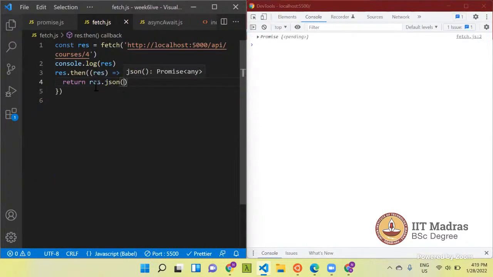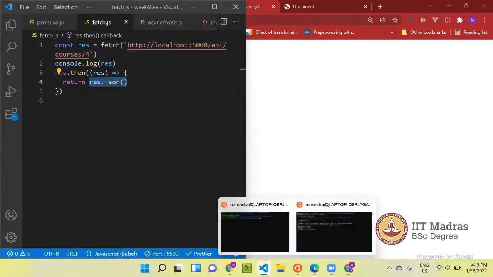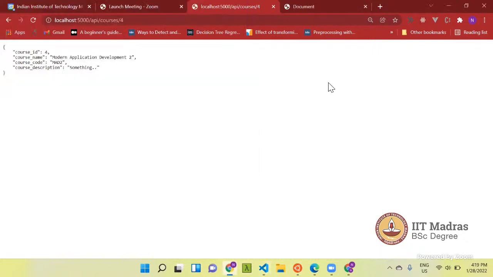What response dot JSON does is convert the response body to a JavaScript object. As I showed in the beginning, the response body is a JSON string. So it will convert that JSON into a JavaScript object. Okay, here it is.